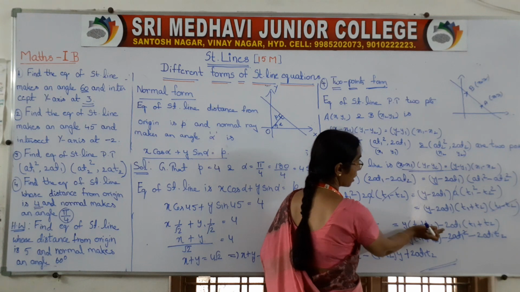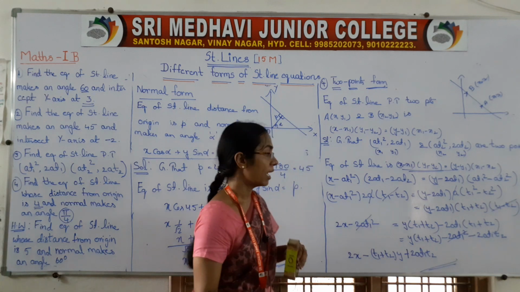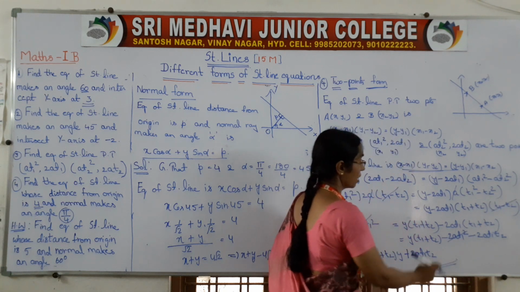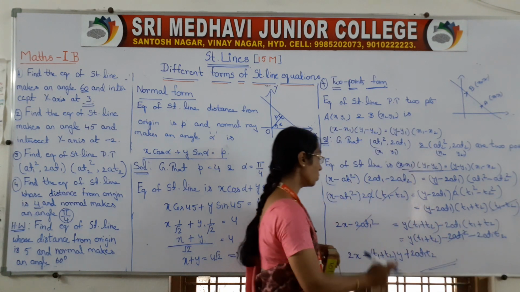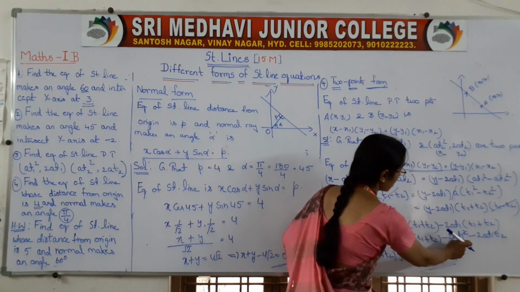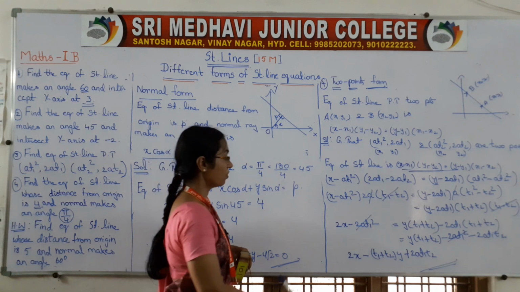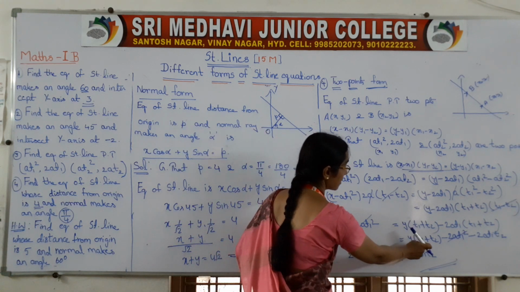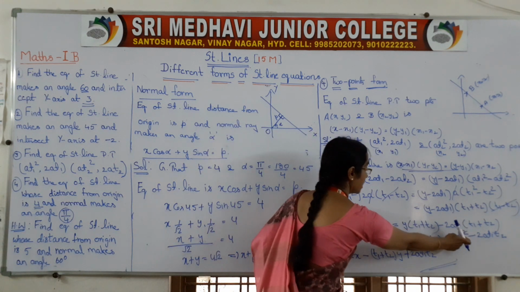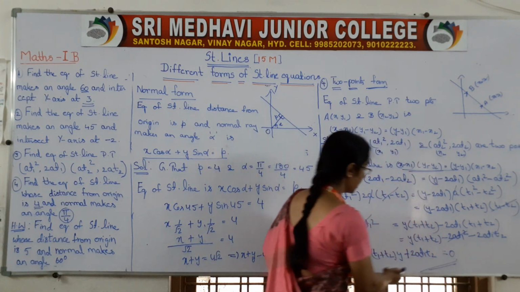This is constant into y, so it is the y term. That's why no need to split it. But this we have to multiply. So minus 2a t1 into t1, minus 2a t1 square, minus 2a t1 t2. Both sides, if you observe, minus 2a t1 square is there, here also minus 2a t1 square is there, so it gets cancelled. So finally 2x, and this term is positive. If you bring this side, it comes negative. And this is negative; if you bring this side, you get positive, is equal to 0, the required straight line equation.